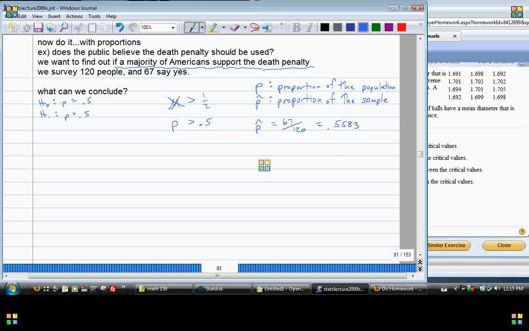Think back to the actual data. You've got 67 people saying yes, and then also 53 people saying no. So what's your data? Your data is yeses and nos. Are you going to take an average? What's yes plus no divided by 2? Exactly. So there's no average here. What you're saying is a certain percentage of the people said yes. That's a proportion. Does that answer your question? Okay. All right.